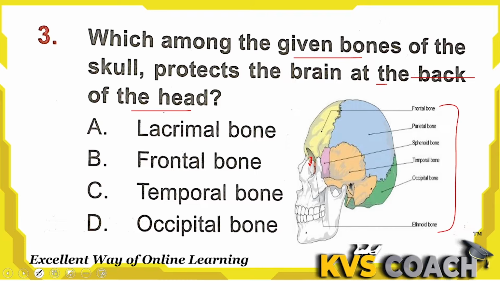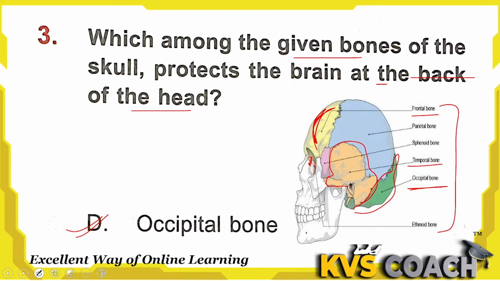And frontal bone, this is called frontal bone. This is the single forehead bone, that is called frontal bone. Temporal bone, you can see the orange part, this is temporal bone, on both sides of the ear. Occipital bone is the bone which is asked about in the question, that protects the brain from the back of the head. This green part is the occipital bone which protects your head. So option D is the right answer here.